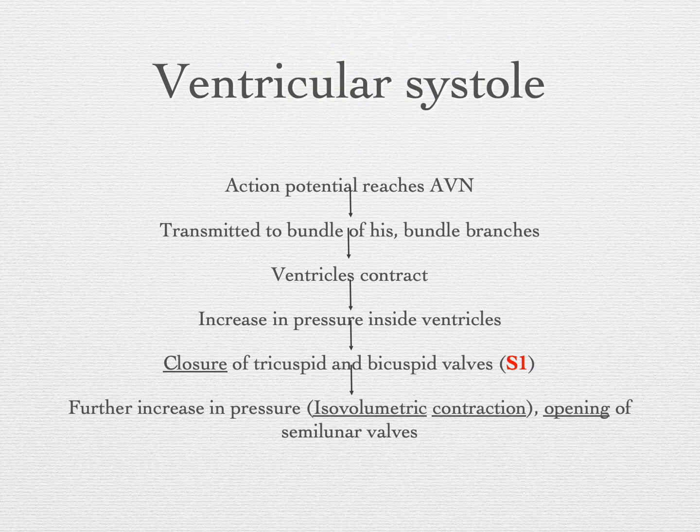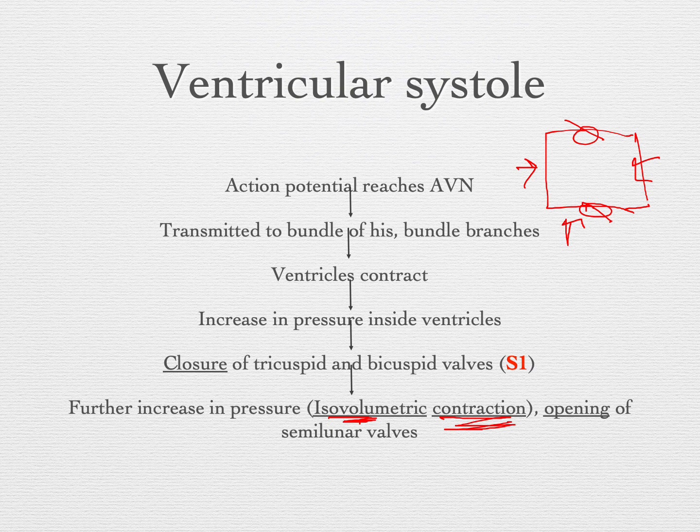So just to picturize this statement, once the tricuspid and the bicuspid valves are closed, the ventricles are immediately transformed into a closed chamber. Now there is a small period where the ventricles continue to contract as a closed chamber, and in this phase there is no flow of blood into or out of the ventricle. Now this small period of time where there is no change in the volume of the blood inside the ventricles and the ventricles continue to contract is known as isovolumetric contraction.